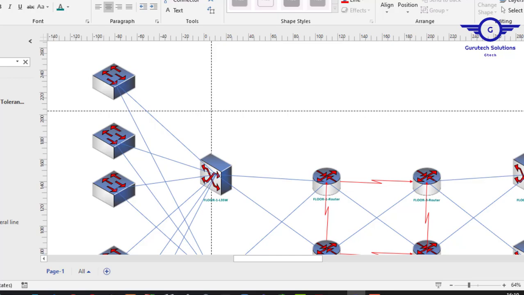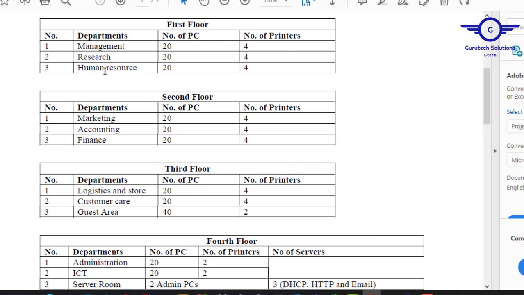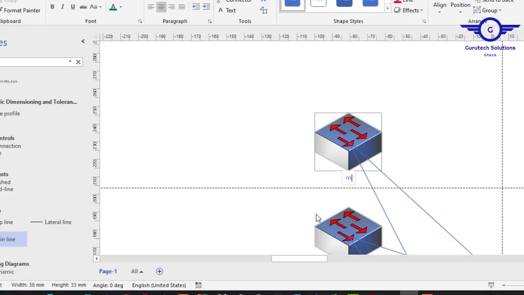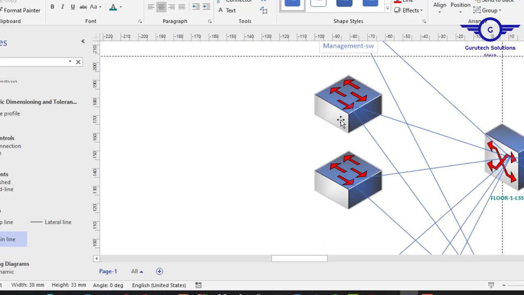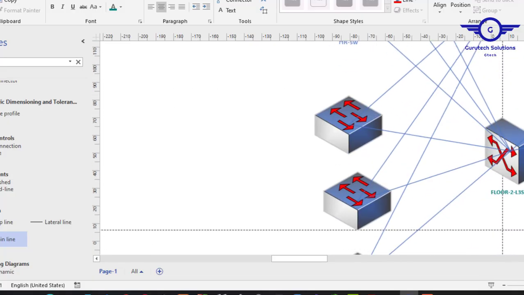Guys, for the access layer switches, we have to check the tables and label them as per departments. Okay, so as you can see, for floor 1 we have management, research, and human resource. So let's say this is management switch, and this is research switch, and this is HR switch. Okay, so I'll do the others very fast to save time. Okay, so for second floor,